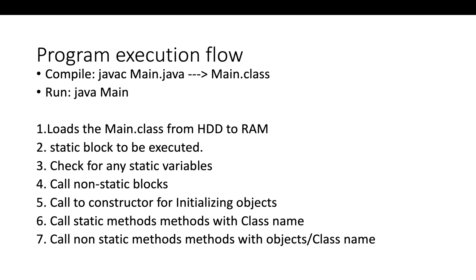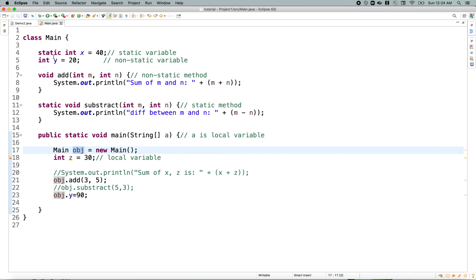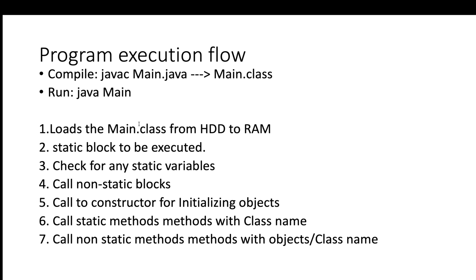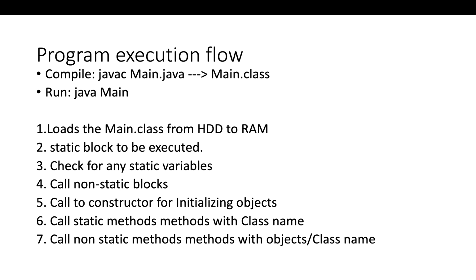Then, what is the next step? Within the class, you have already defined static or non-static members, right? So what will happen internally in the order of execution? After the class is loaded, we'll check for the static block. The static members and non-static members, we are going to cover definitely in a later section. For now, let's try to understand whatever we can. We're going to repeat this in the next video, but let's get into the discussion first.